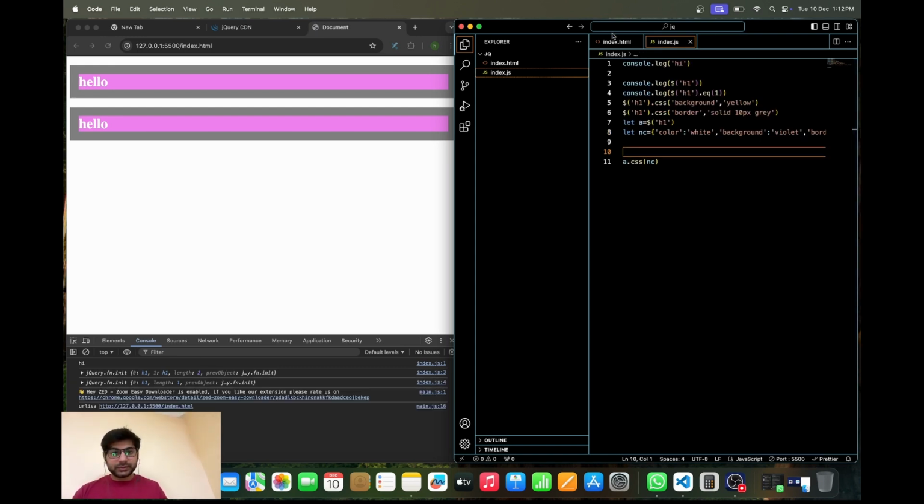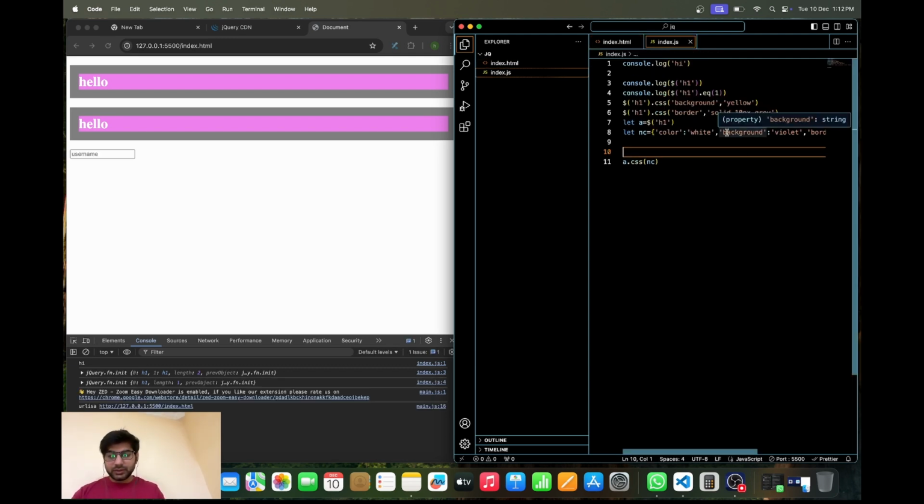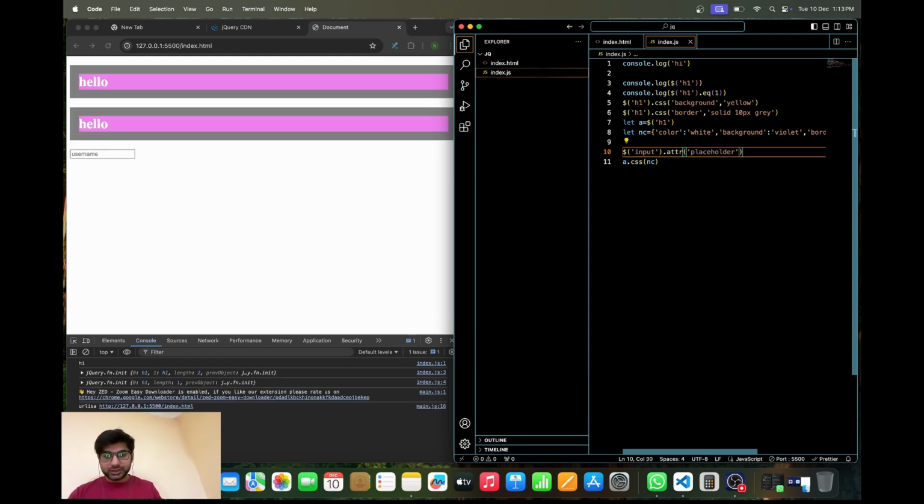Now make one input here. So here is your input, and give some kind of attribute, like placeholder should be username. And if you want to change any of it, how can you change it? Just select this input, because it's a query selector, so you don't need to write hash or dot. And here make attr, and your attribute name is placeholder, and you want to change it into